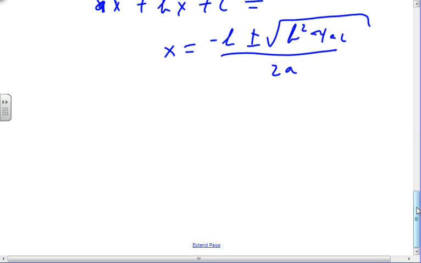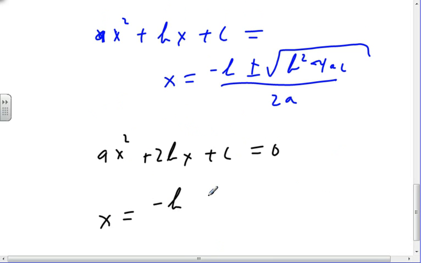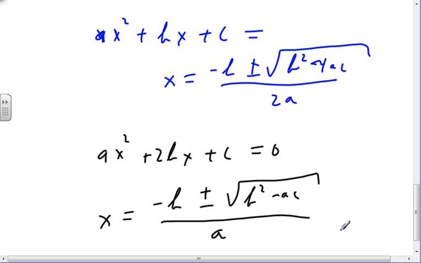Or I could use the half quadratic formula, which says if I have ax squared plus 2bx plus c is equal to 0, then x would be minus b plus or minus the square root of b squared minus ac divided by a. So I'm going to choose to use the half quadratic formula because it is going to be simpler and have